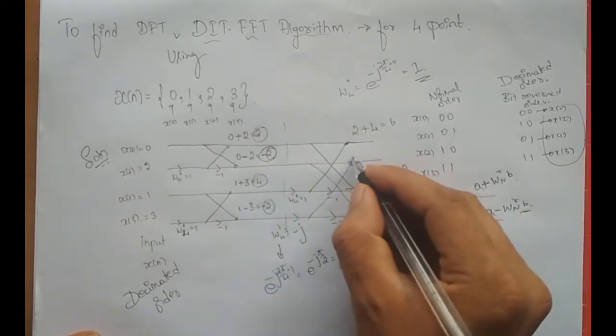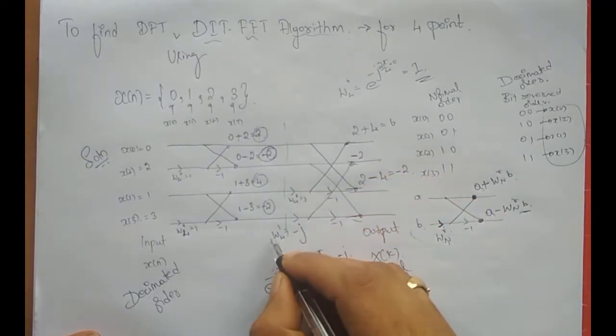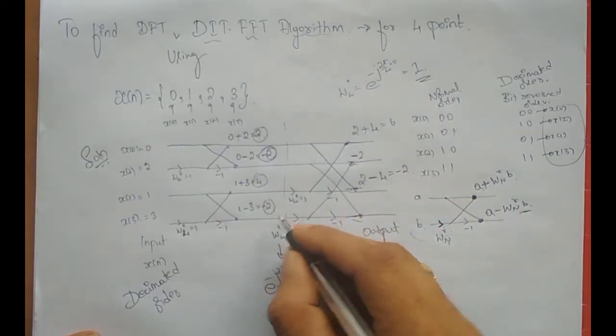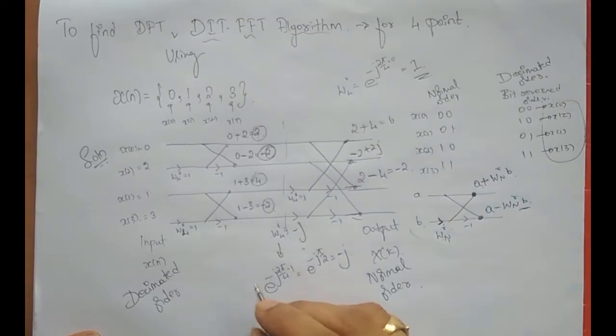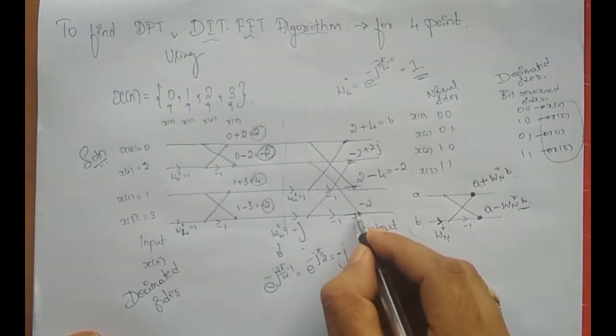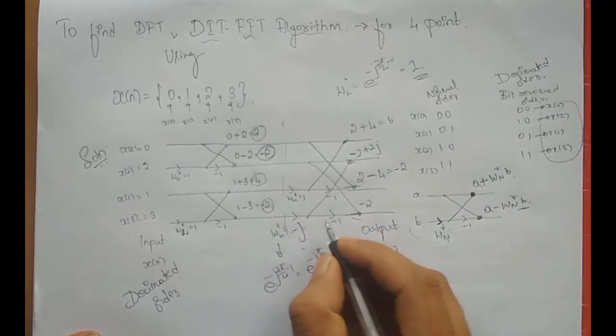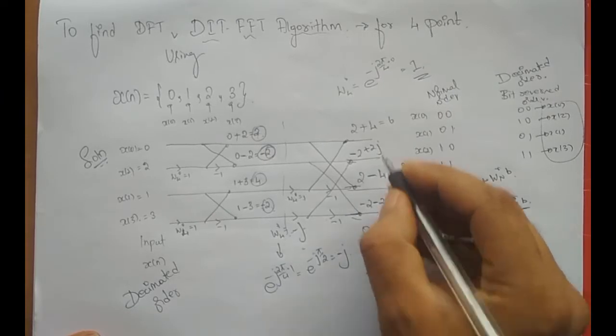So what do I have? I have minus 2 coming here, and this is added with what? W4 power 1, which is minus j, times minus 2, which is plus 2j. And I have minus 2 coming here, this is added with what? I mean subtracted with minus 2 times minus j times minus 1. So minus minus minus, I end up with minus 2j. So these are the